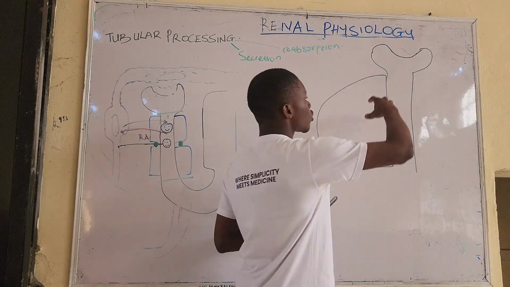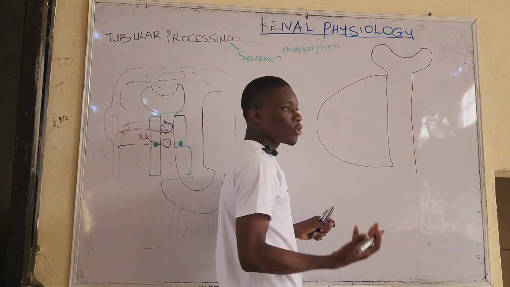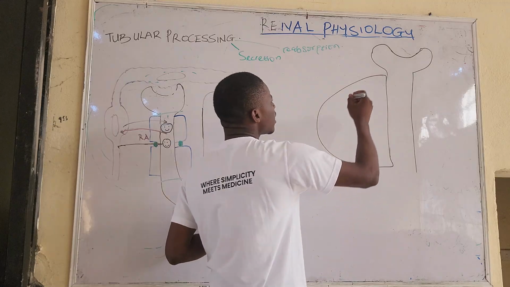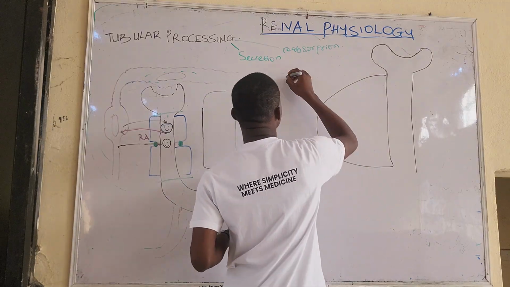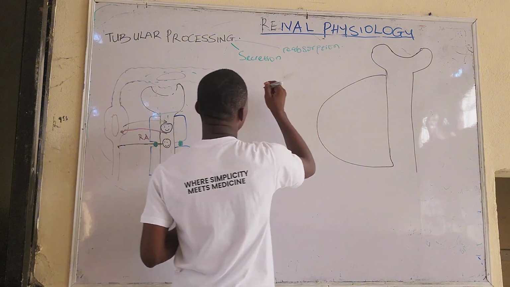Substances have been filtered: water and ions, like I said. So basically what we are dealing with is water and ions. They have been filtered. Now let's pick one of the first ones. Let's pick sodium. I'll explain for sodium,